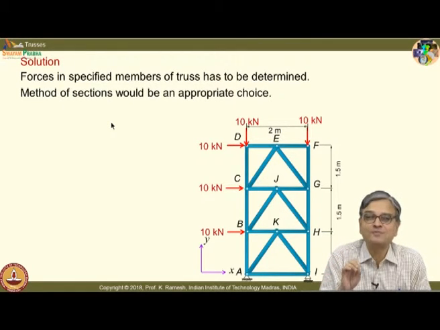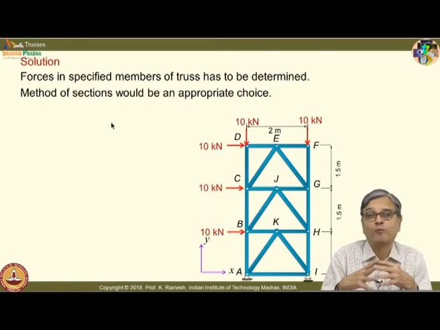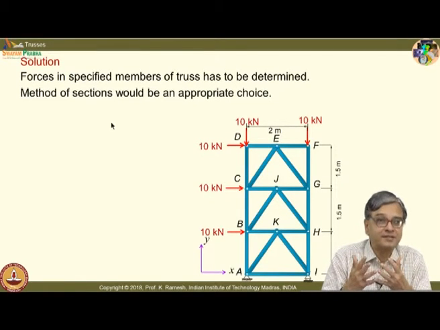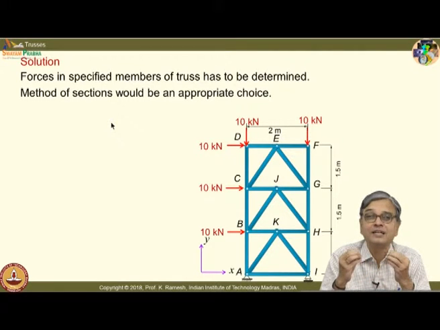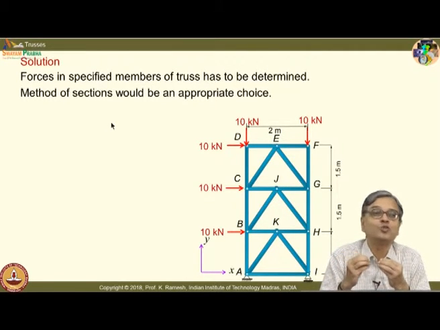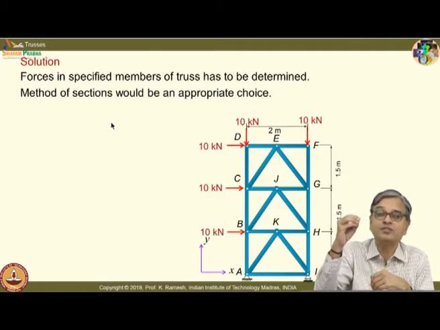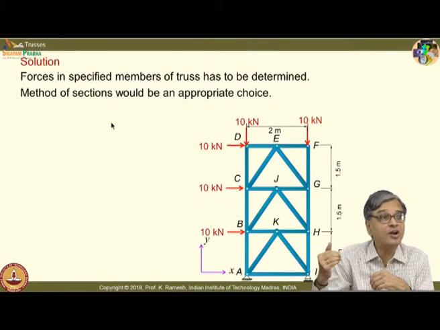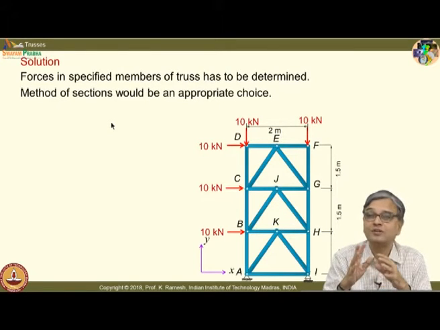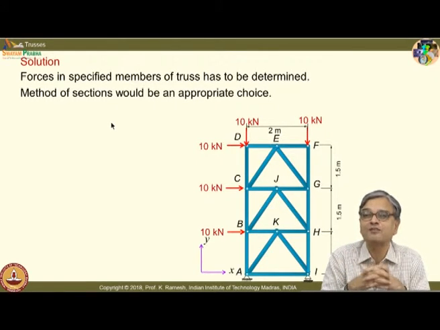The crux in this problem is how to identify a suitable section which would help me to determine the unknowns. So, I have to bring in, once I cut the section, how do I take the moments? Can I find out some nice locations which would minimize the calculation? Because when I say a body is in equilibrium, I can take moment about any point. I can take the moment on any of the points on the body or even outside the body and then satisfy. So, you would use all these principles in trying to do that.